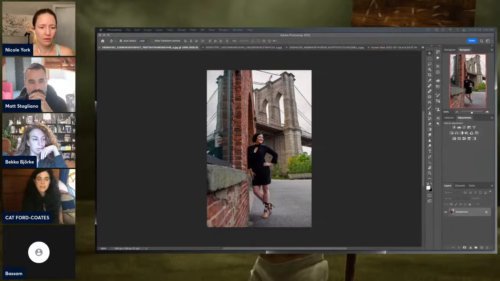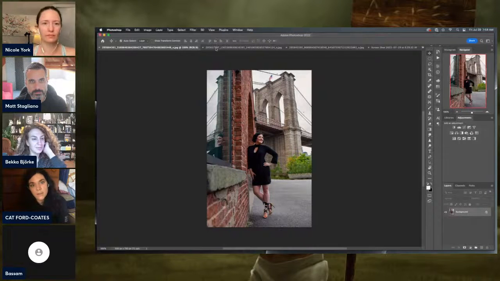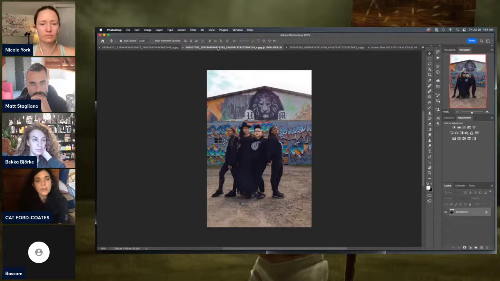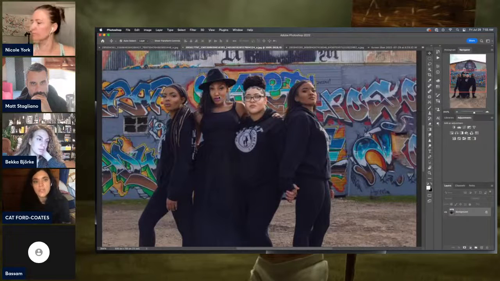So it's the specificity, right? Shooting in Dumbo, this client wanted to showcase her home base being in New York City, but she also wanted to show up styled in a way that was obviously elevated. She's wearing $1,500 shoes and her jewelry is not costume. And she owns Brooklyn, right? That's how she wanted to show up. Whereas if you go to the other image, the really cool thing about this, if you zoom in, you'll see that the woman second from left is the adult, and the other three are all teenagers.